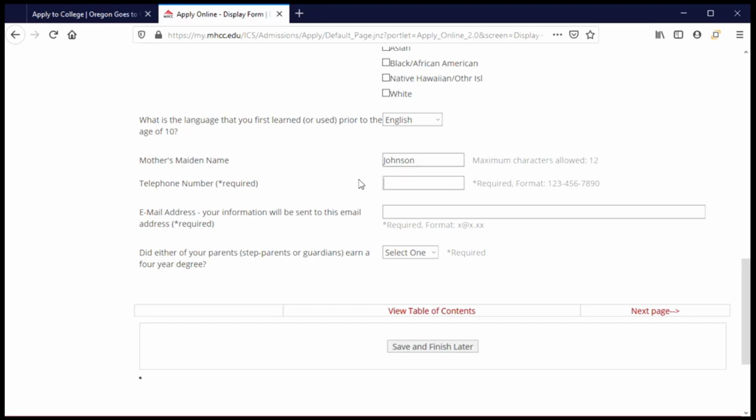My phone number is a required question, and so I am going to enter that now, and my phone number here in the format that they are asking for it, and my email address. Remember, this is the email address that I'm using for all of my college information, and it's the one that I'm going to be checking on a regular basis as I go through the process